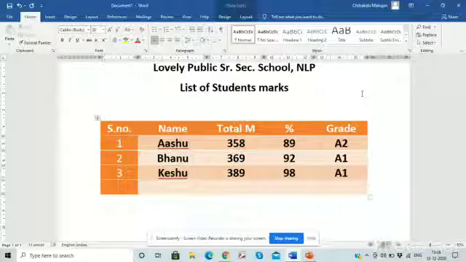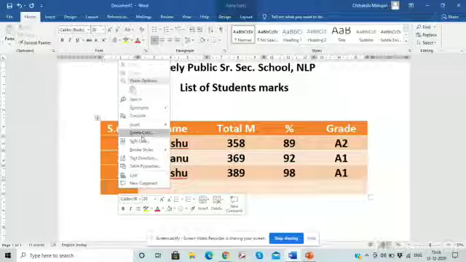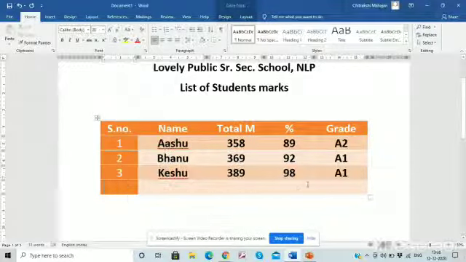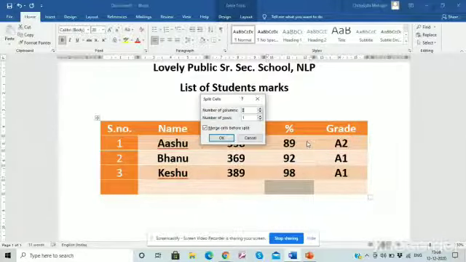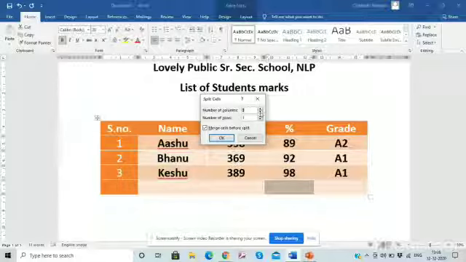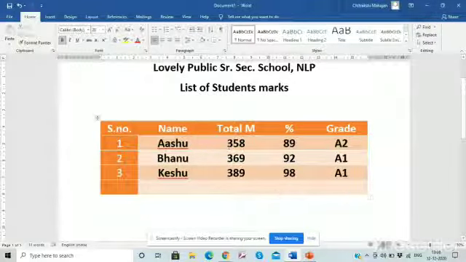Just practice at home. You can delete the rows, you can add the rows as per your requirement. Just right click and you get the options insert, delete, split cells. Split का मतलब होता है when we have to split one cell. Suppose ये cell है, मैंने इसे select कर लिया. I just right click on it and choose split cell. It will ask me how many columns, 2 columns, 3 columns, whatever I want, I can split it in that.